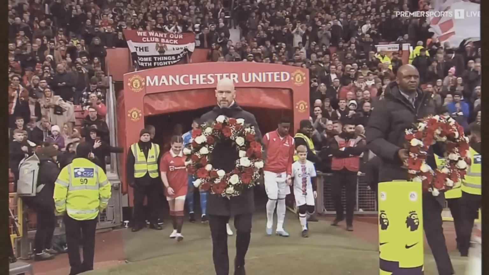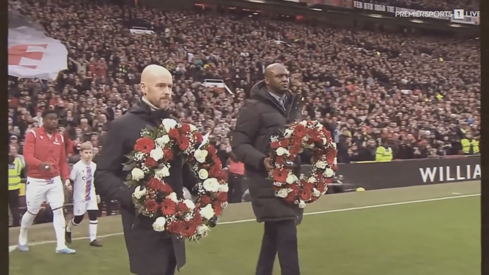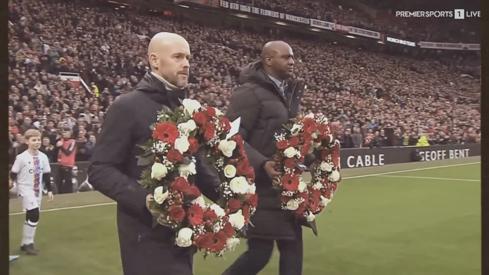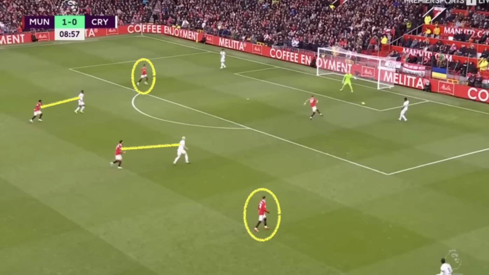But United's dominance in possession didn't just come about from what they did with the ball, but also how they pressed Palace and stopped them being able to progress the ball comfortably out of their defensive third. Here we see United pressing Palace's 2-4-3-1 shape in a familiar narrow 4-1-2-3 shape that we often see Ten Hag